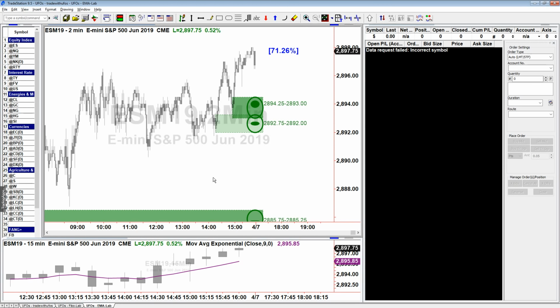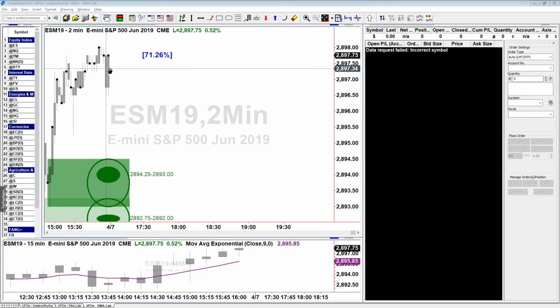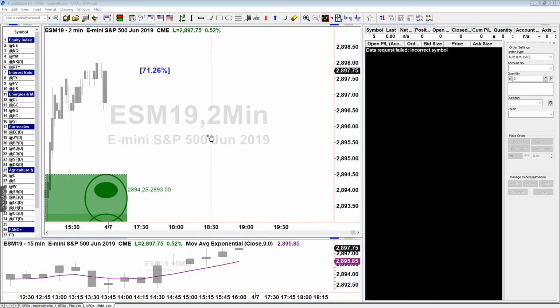The on-field orders. For example, if you see this beautiful green UFO here, this beautiful green flying saucer, right? If I was to hide everything on the chart and the only thing I show is the green circle, let me be a little more precise, just moving it down like that. So if the only thing I show you on the chart is the green circle, the green UFO, and green represents buy orders, right? So this is where you have the buy on-field orders.